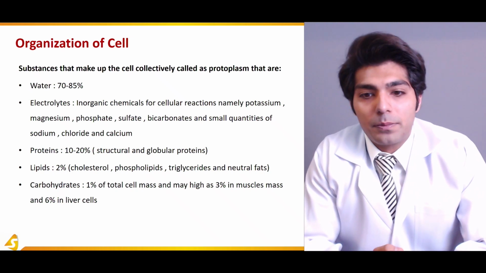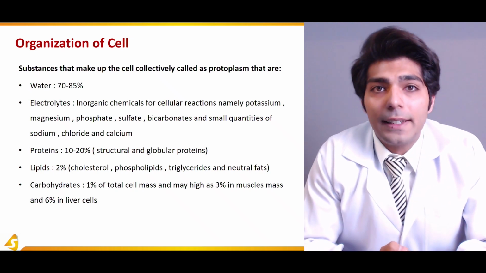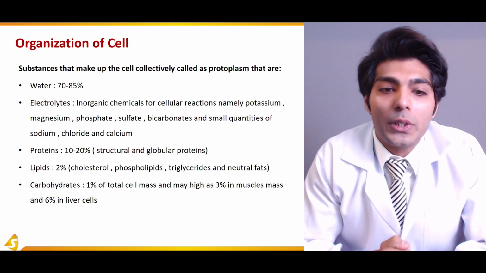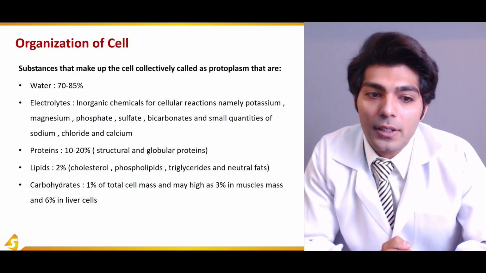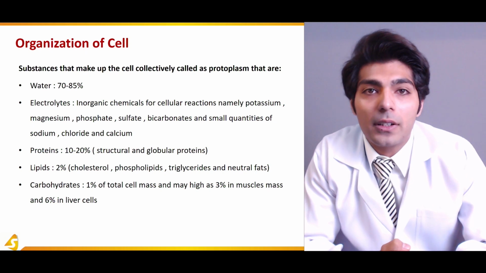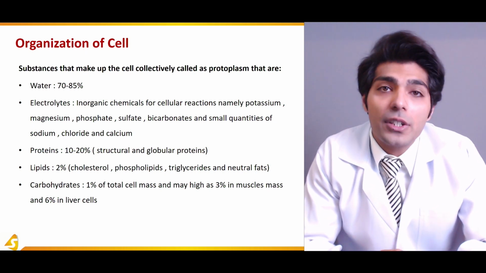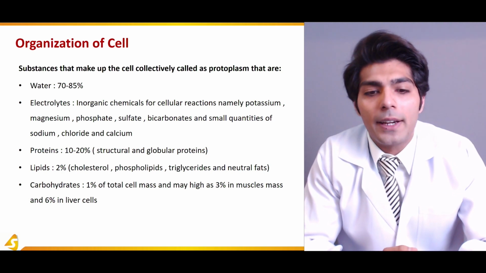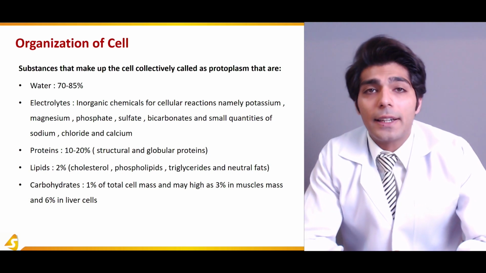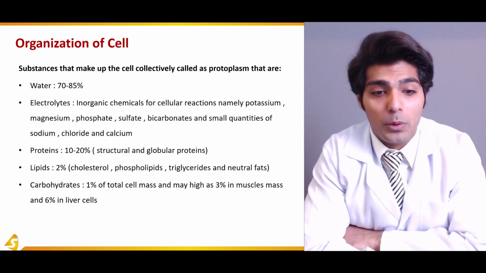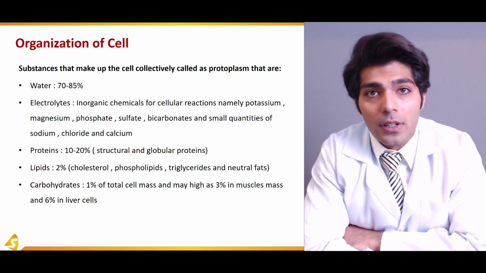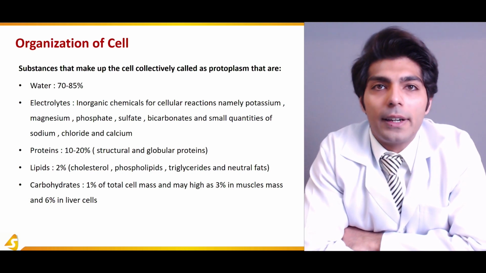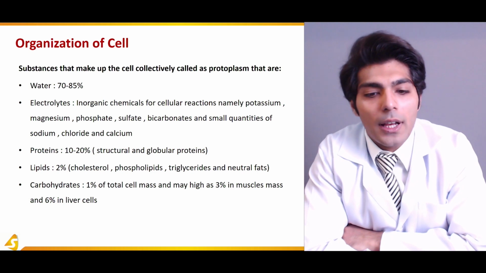So what is protoplasm? The substances that make up the cell are collectively called protoplasm. It is composed of water, which is 70 to 85%, electrolytes, which are inorganic chemicals for cellular reactions, namely potassium, magnesium, phosphate, sulfate, bicarbonates, and small quantities of sodium chloride and calcium. Proteins are 10 to 20%, which are structural and globular proteins. Lipids 2%, with cholesterol, phospholipids, triglycerides, and neutral fats, and carbohydrates almost forming 1% of the total cell mass, and